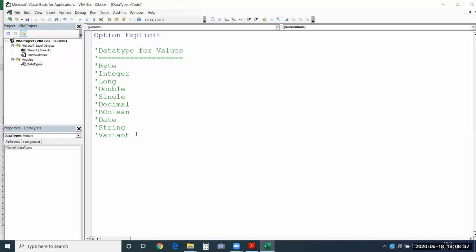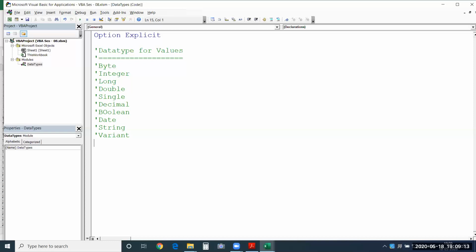Now if I want some objects to be classified, let's say I am using a data type to identify an object here, so you have to declare it with the object name. Suppose I am using a worksheet, then the data type will be worksheet itself. Or if I am using a workbook in my program, to refer to it, I will declare a variable and assign a data type of workbook type. So these are only a few data types that I can show you.